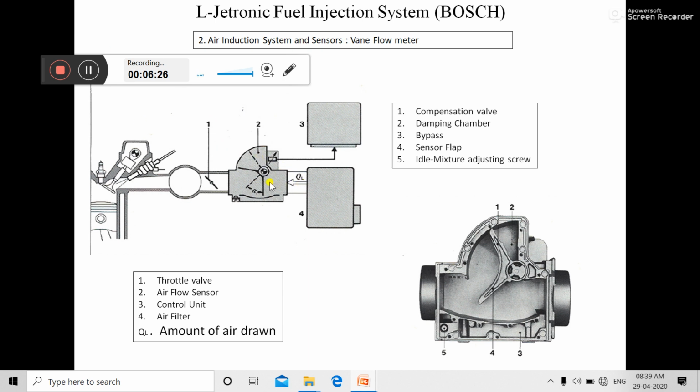Now, how it works: it basically works on the pushing force of air. As we know, when density is more, the pushing force of air is also more. At what point is the density more? Whenever we are traveling near sea level, the air density is more. Whenever we have a cold or less warm atmosphere, the density is more. So as the air is denser, the pushing force on this baffle plate is more.